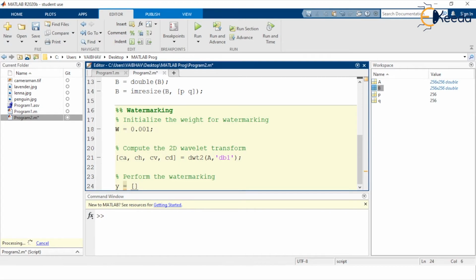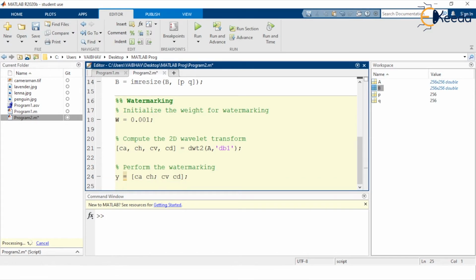Let us define a new variable capital Z that we can obtain from this small y by adding it with the image B, which is multiplied by the weight as defined earlier. So image B is the key for watermarking, that also we have taken from the same current folder here. After this, let us have the new dimensions: P is equal to P divided by 2, then Q is equal to Q divided by 2,